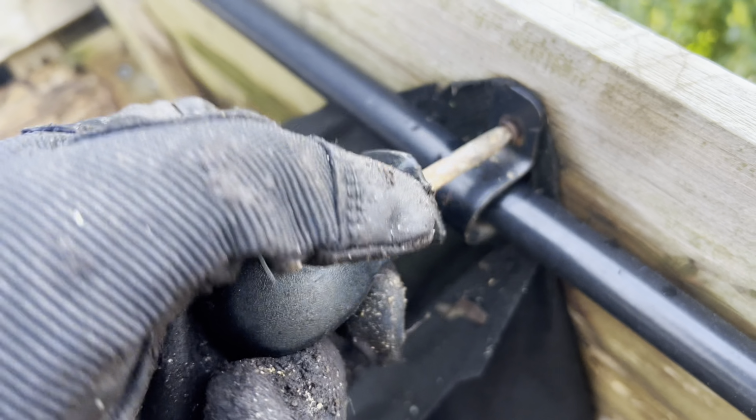Got the liner in. I was crossing my fingers that it did fit because it being a medium size threw me off, because I thought this was a large VEGTRUG, but it's a medium. So it fits perfectly. And you can see how the hem goes down. So it's definitely made for this size VEGTRUG. Now the fun part, putting all the soil back in